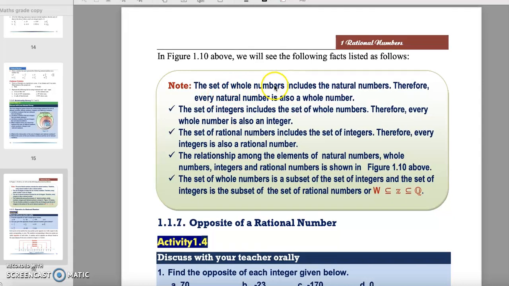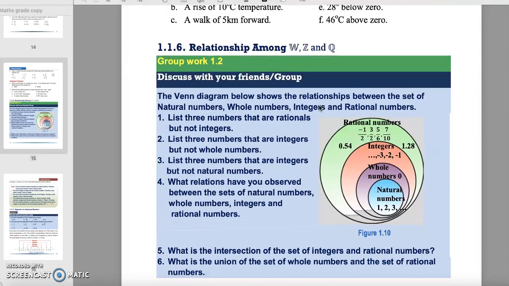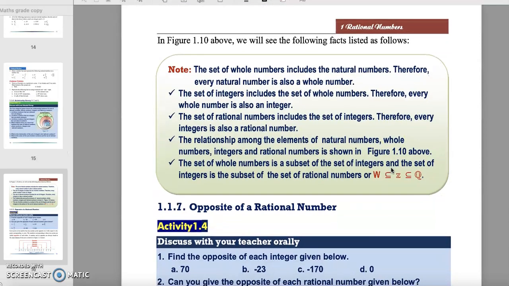The set of whole number includes the natural numbers. So whole number natural numberኖችን ያጠቃልላል. Therefore every natural number is a whole number. ያው እዚህ ጋር እንደምናየው whole numberዎች natural numberዎችን ያጠቃልላሉ። ስለዚህ natural numberዎች ሁሉ whole numberዎች ናቸው ማለት ነው።